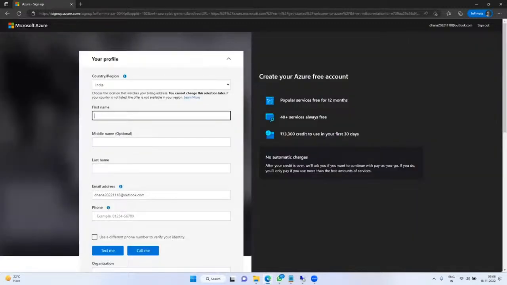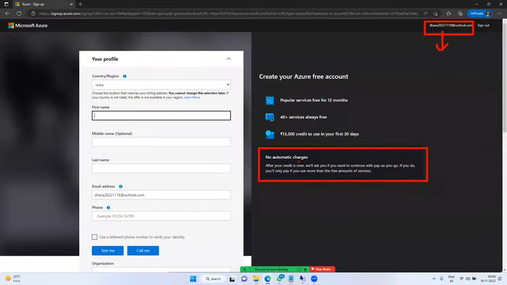If you observe here, it is showing my email at outlook.com. See, here it is giving one notification: no automatic charges are there. After 30 days, at any cost, your account will be deactivated. You needn't bother about it.